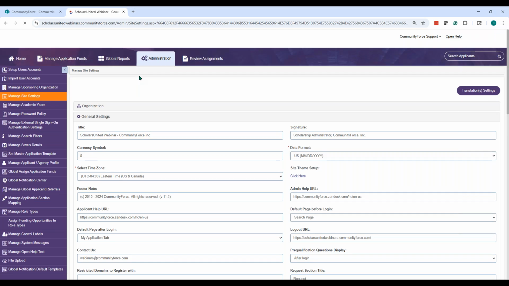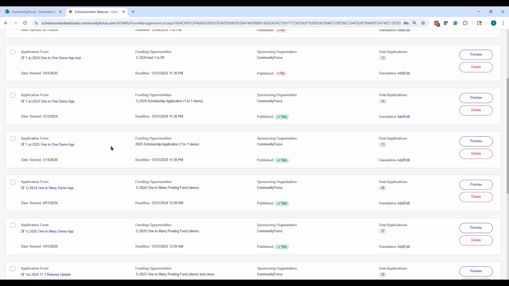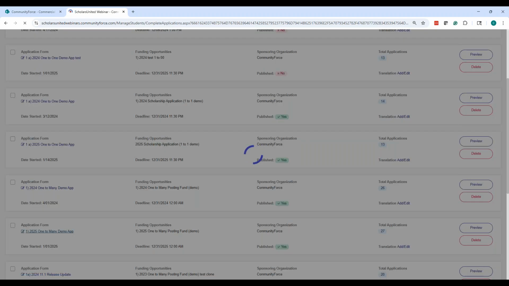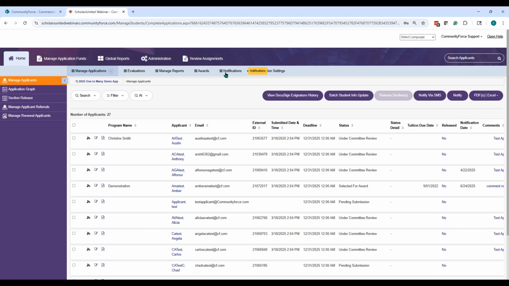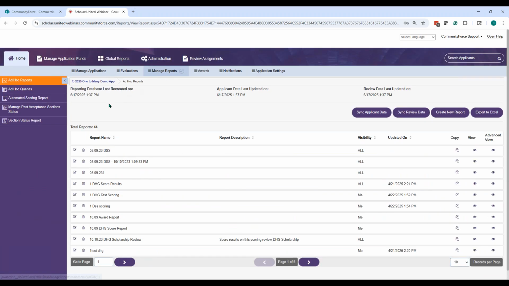Under the application itself, when you go back to the home screen, you have to go to reporting, because at the back end, how your applicants are matching to the relevant scholarships is because of the setup of the eligibility criteria. Because your eligibility criteria is connected with the reporting, where the database is getting synced, if the database isn't getting synced, like Christine is showing, maybe the matching applicants might not show up.